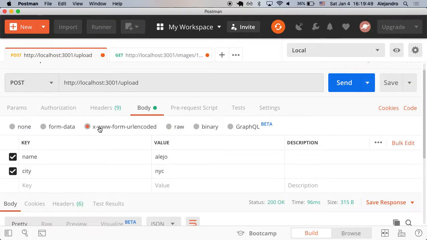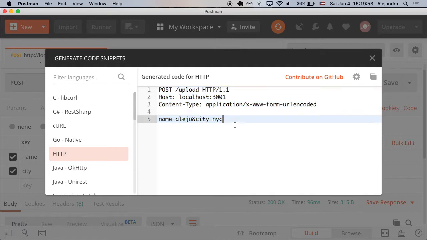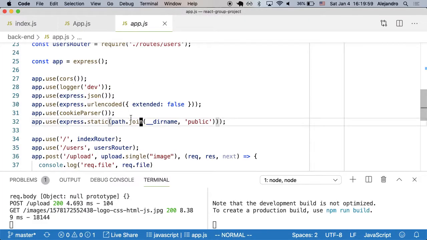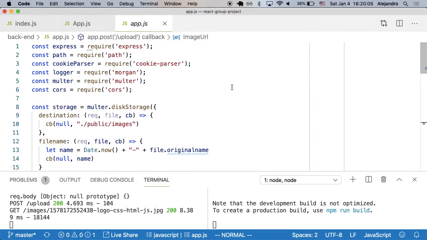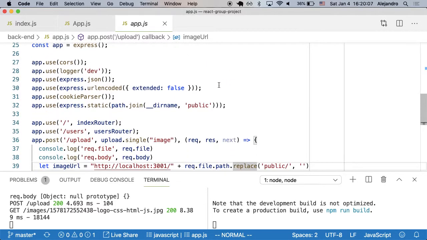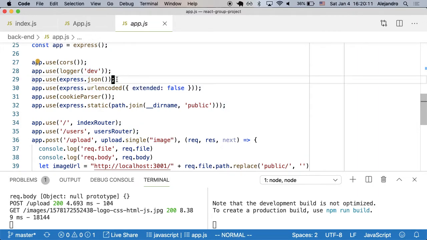It is able to understand form URL encoded, which is data that looks like this, where it's basically the same data, just in a different encoding, a different format. It's able to do that thanks to this line. If we remove that line, then our server doesn't know how to process that. It's able to understand JSON with this one, URL encoded with this one,